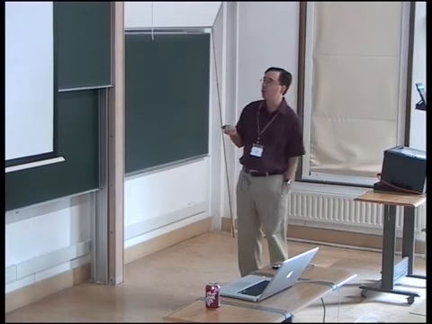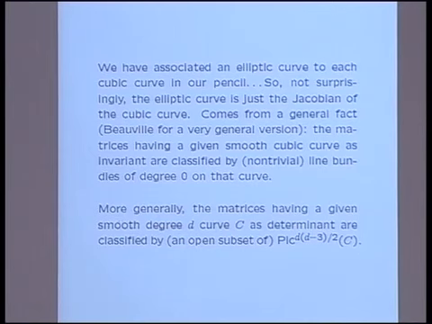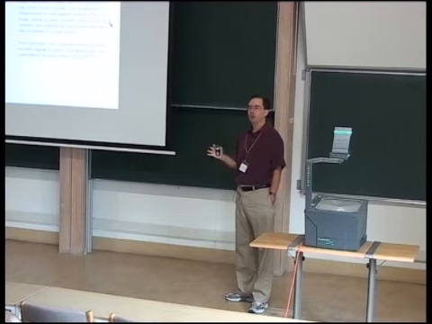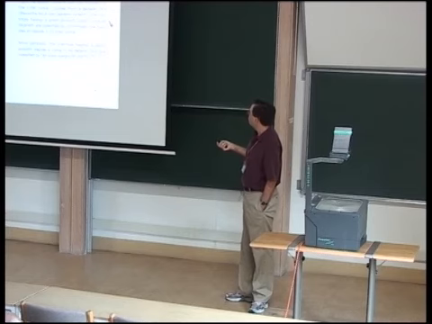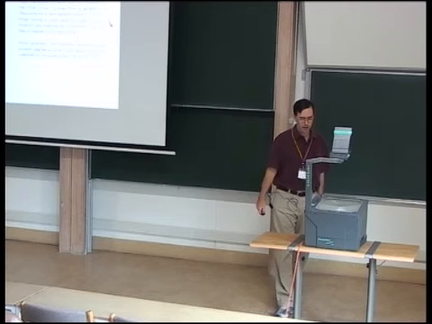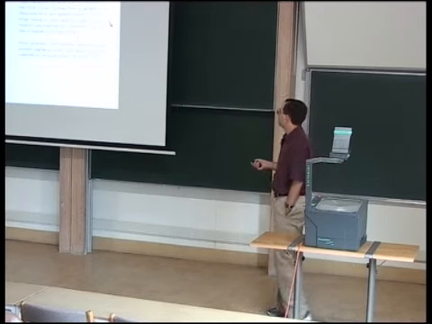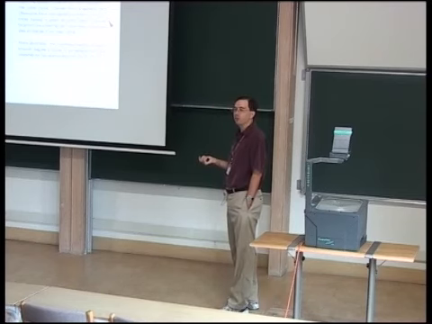And this actually generalizes, given a degree D curve, which is smooth at least, the matrices having that determinant are classified by, roughly speaking, the Jacobian of that curve. More precisely, and this matters, it's classified by line bundles of degree D times D minus 3 over 2, which, to say in a possibly more illuminating way, is one less than the genus of a smooth plane curve.